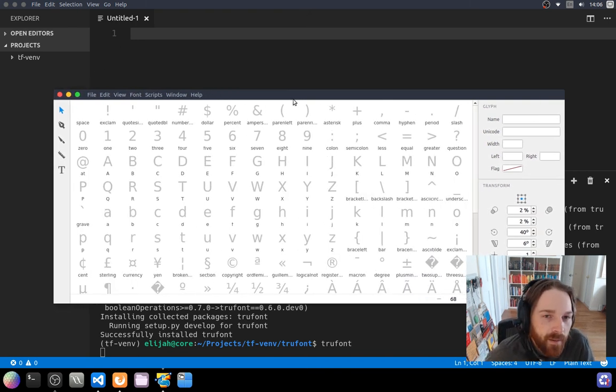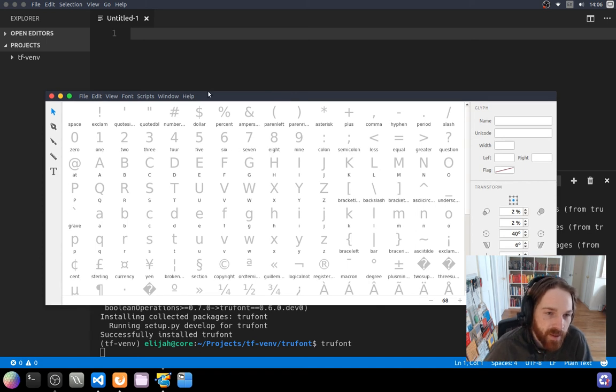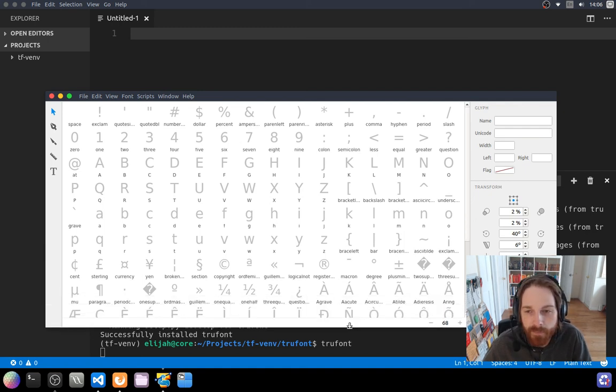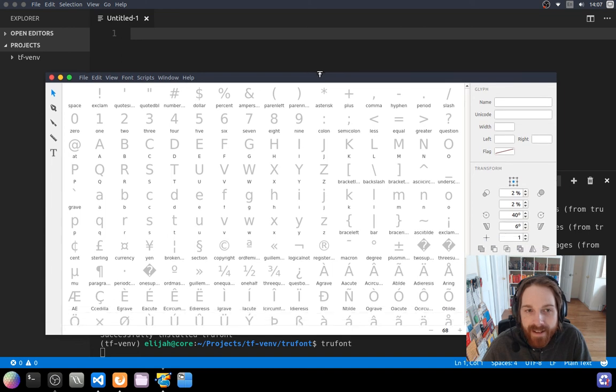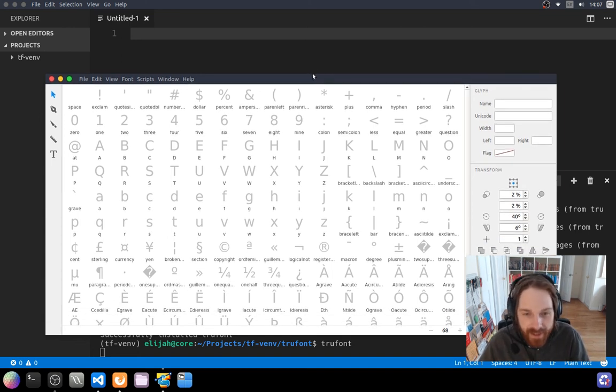TruFont uses PyQt, which is Qt, a cross-platform graphical user interface framework. It has some really confusing licensing stuff. It's a commercial product, but you can use it for free software, but it has to be under the GPL. I don't think you can do an MIT licensed Qt program, which is kind of frustrating because the main programming project I want to work on this year is